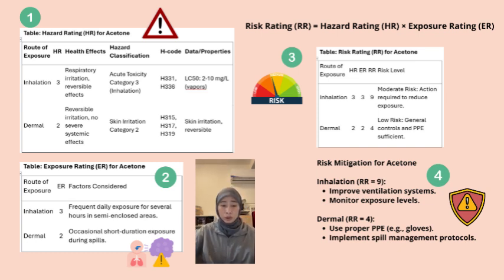Hazard rating is used to indicate the degree of hazard. In the table, hazard rating for acetone inhalation exposure, moderate risk, is classified as HR3 due to respiratory irritation and systemic toxicity. Significant risk arises with prolonged or high exposure. For dermal exposure, low to moderate risk is classified as HR2 due to reversible irritation from contact with skin but limited